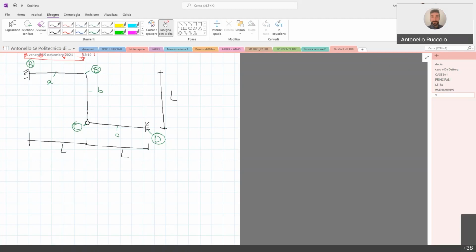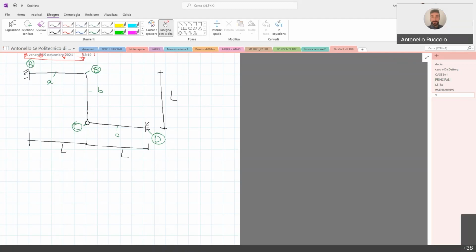Any guess? Can the node B have a vertical displacement, or not? No, because it's the same situation as before. No, actually no. That was a trick, but thank you for answering. Actually,